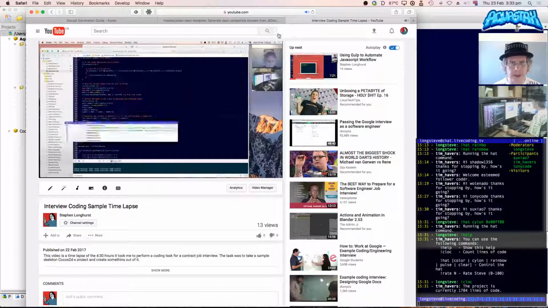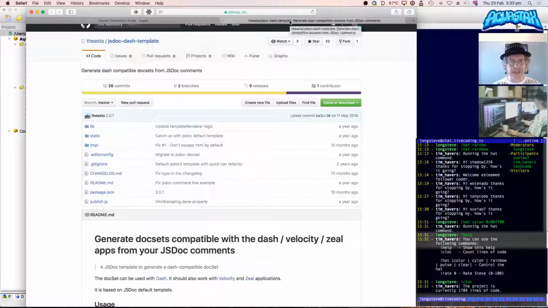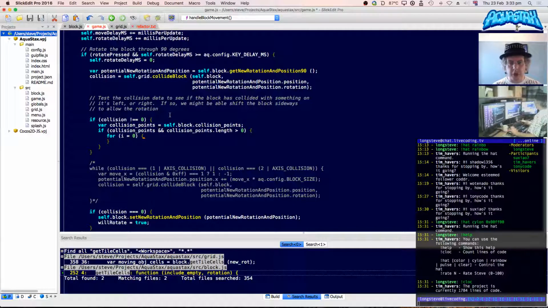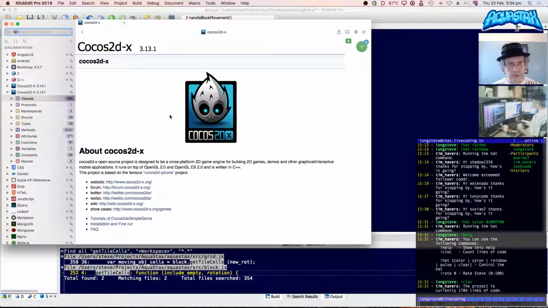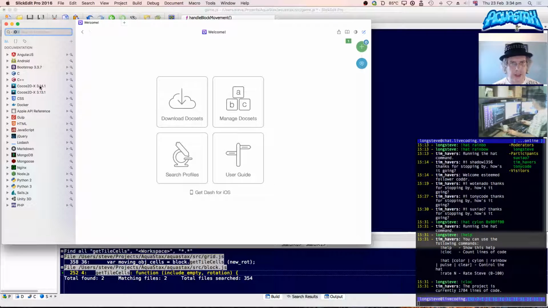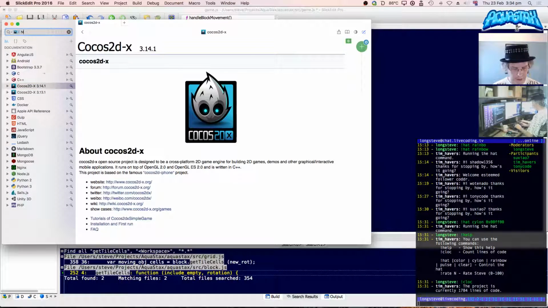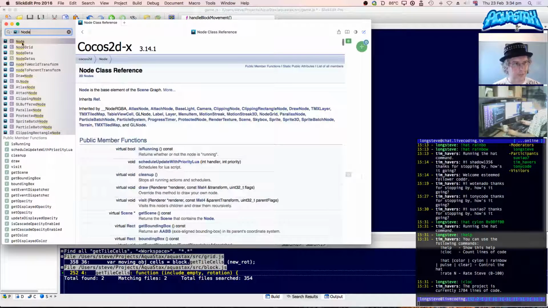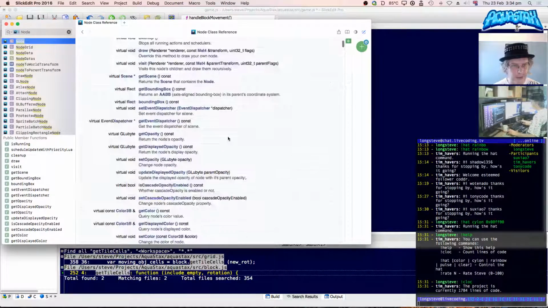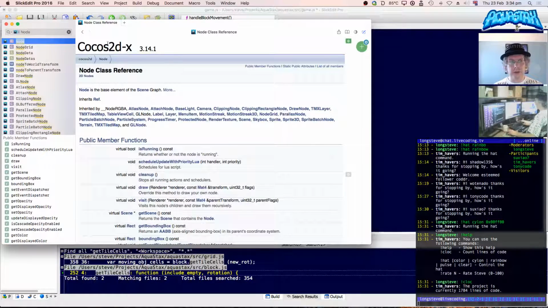Oh, and I was looking at some other things as well. Another thing I've done this week is found documentation for Cocos2d and a bunch of other things using a tool called Dash. Dash very handily has a hotkey, and it will search for things. I've got the Cocos2d documentation plus a whole load of other things. The Cocos2d documentation on the web is a bit difficult to search, whereas this is much better. You can filter your searches, so let's just do something like node. It comes up really quickly. You haven't got to wait for the web to respond, internet connection, all that kind of stuff. Lots of good things. Only thing it doesn't have, though, is the Cocos2d-JS documentation.